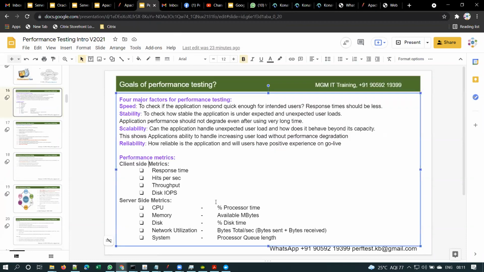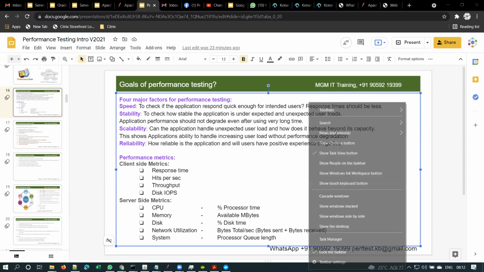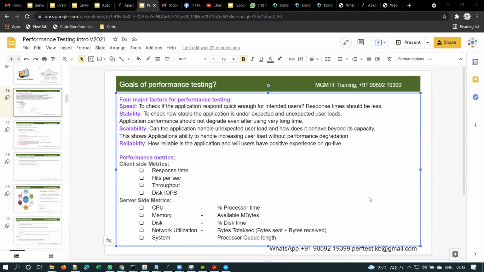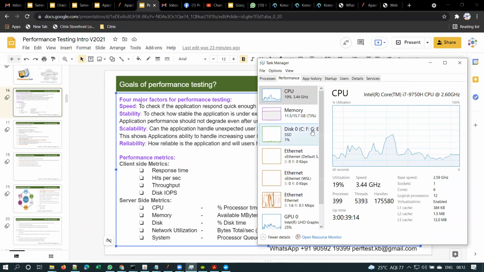However, I assume that you got a basic idea of why these server side metrics are important to monitor. See, a simple example: if your system is hanging, someone who has some basic computer knowledge will open Task Manager and see what the issue is, right? What do we look at here? We see if the CPU is hitting 100% or memory utilization is hitting 100%.